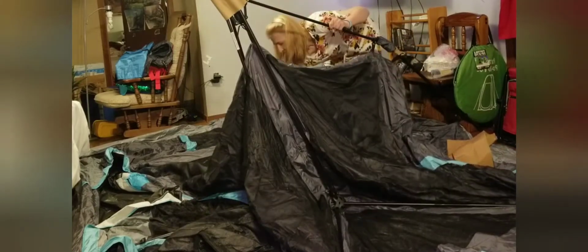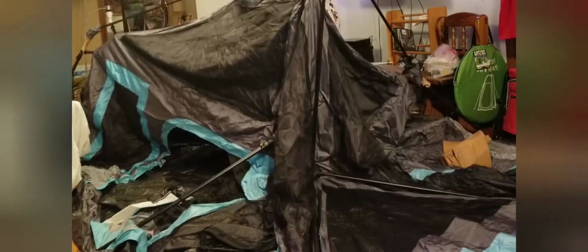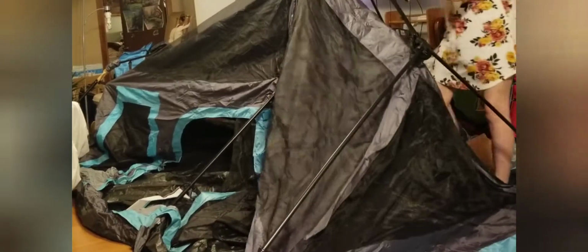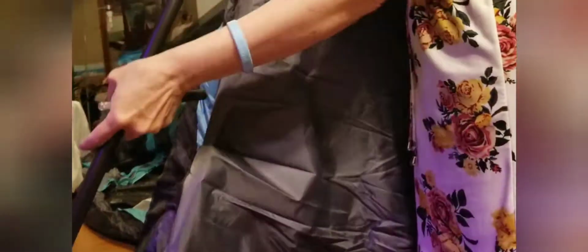Anyway, it's just like any other tent, really, once you just put the main parts of it set. And, you know, the legs follow. I don't know if you've ever had a tent like this before, but I have a smaller tent like this. And, yeah, this is a little big for my house, but we're going to make it happen. I may speed up this part when I edit, so it makes it look like I was a little bit faster. But all in all,